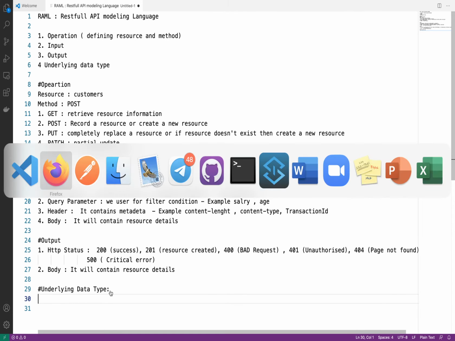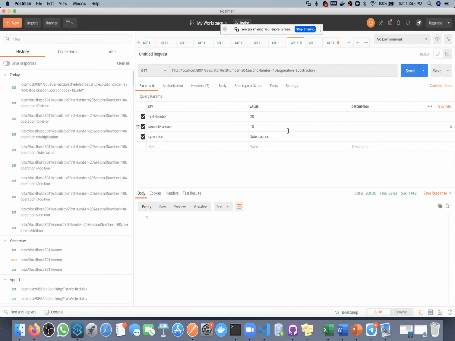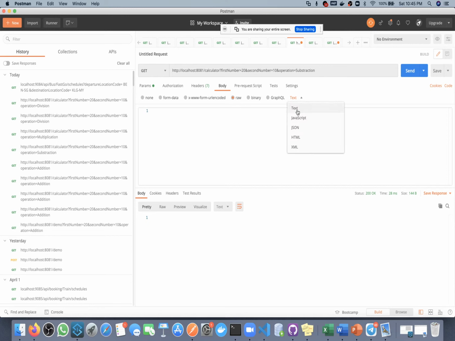If you want to see it here in Postman, for example, we have the body here. When you select this raw data, see here you can select the data type. It can be text, JavaScript, JSON, HTML. For example, I am selecting JSON. So in the request body, I will pass a JSON object.